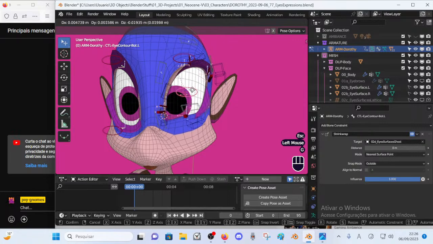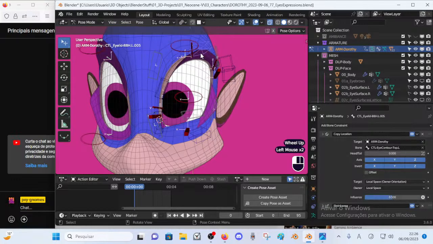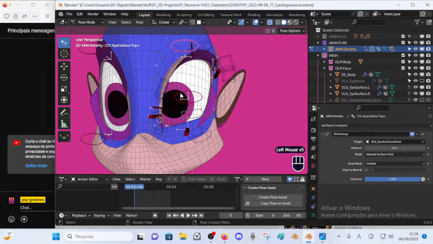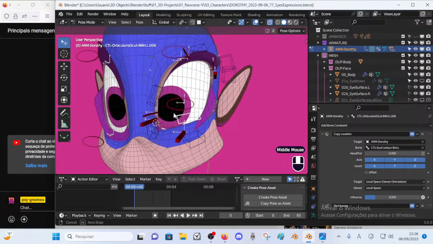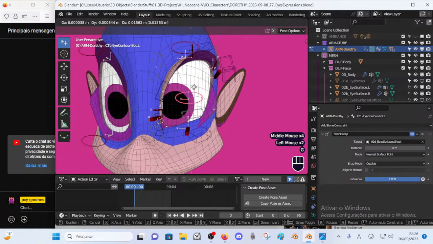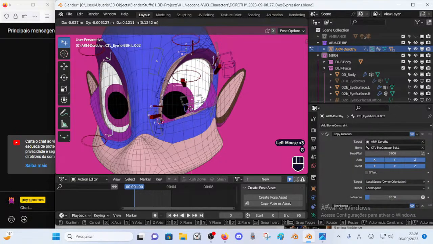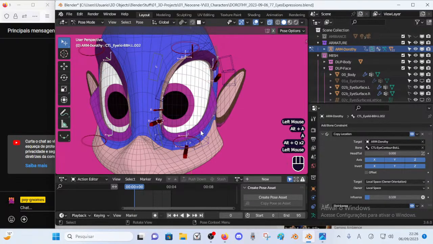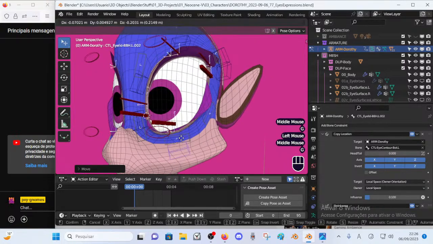So this is why in the case of the middle ones, I've decided to use this local with parent, because of the different parenting of these bones, just because I have this main stuff here. Eventually, if I find a better, simpler solution for all that, I'll mention it, but for now this is what I have, and as bizarre as it is, it works. So that is the cool thing about experimentation in rigging, right? It's very complicated already, but it works.